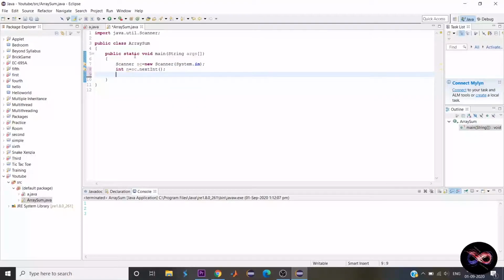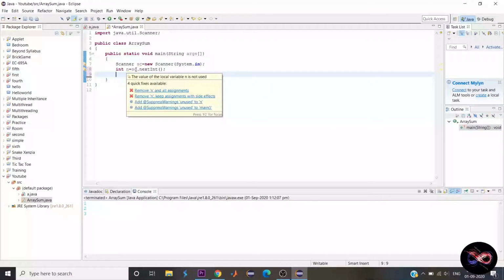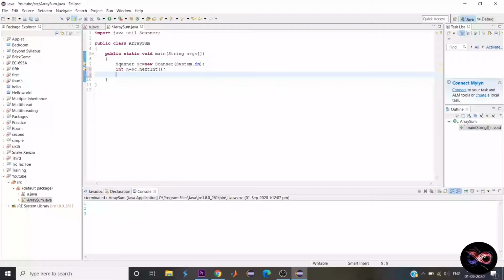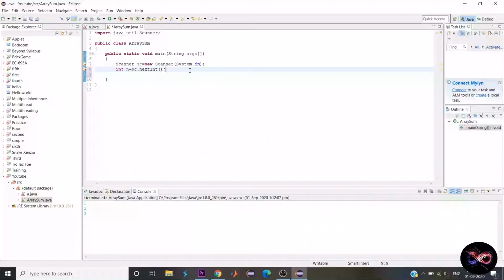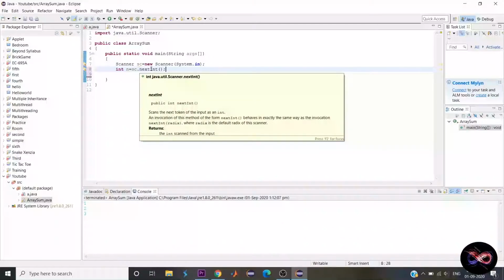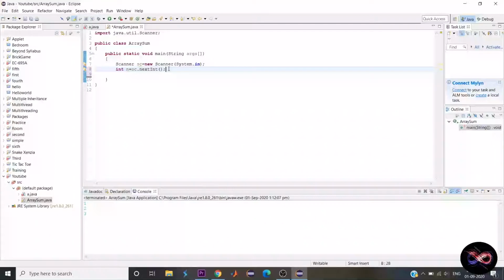So this is the way how you can input any value to a variable from the user. You just simply type the data type and then the variable, and it will be equal to sc.next and the data type. And remember that the first alphabet of the data type should be capital, and after that there will be parenthesis. Now it will take the length of the array.